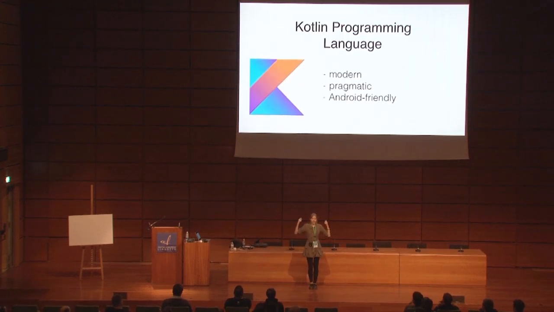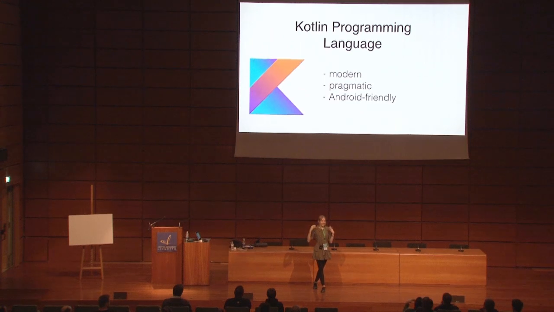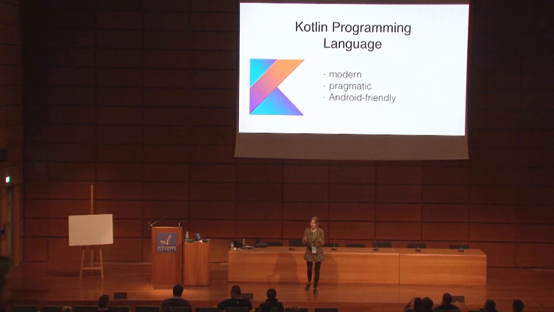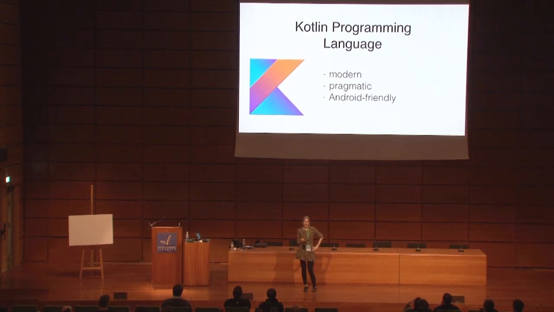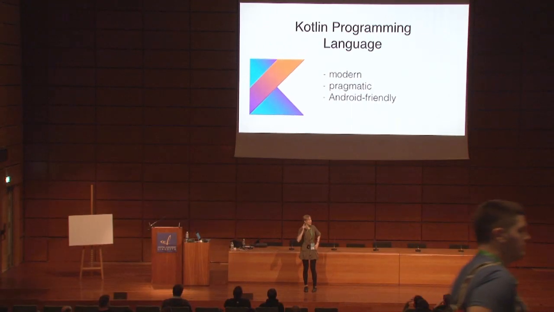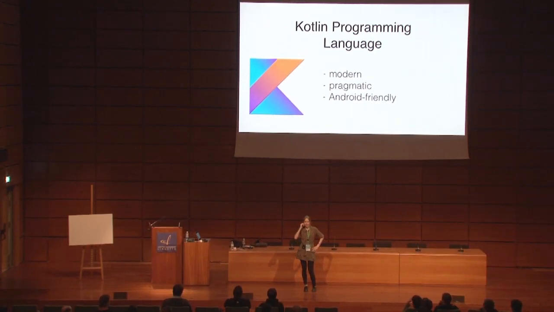This is our agenda for today. These three buzzwords: modern, pragmatic, and Android-friendly. And it turns out that all these buzzwords mean something important in terms of Kotlin. And we'll see why. Nowadays, any Java 8 language can come up to us and say, hey, I'm modern. But you will look at it and think, not really. But we'll leave this word modern for the dessert. Let's start with more pragmatic issues.